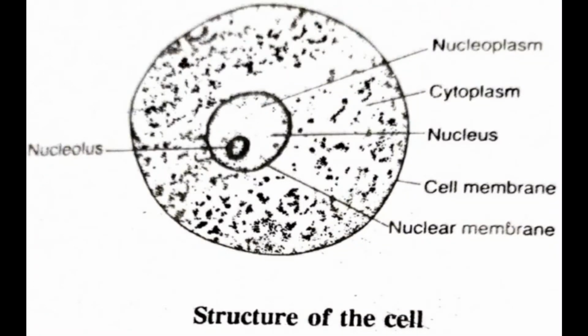Cells and their structure. The basic living unit of the body is the cell. To understand the function of organs and other structures of the body, it is essential to know about the basic organization of the cell and the functions of its component parts.